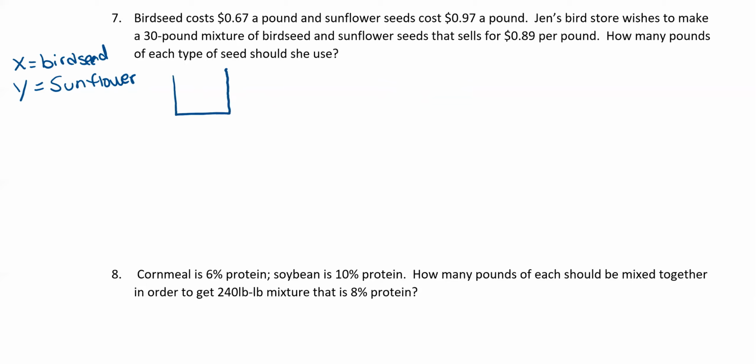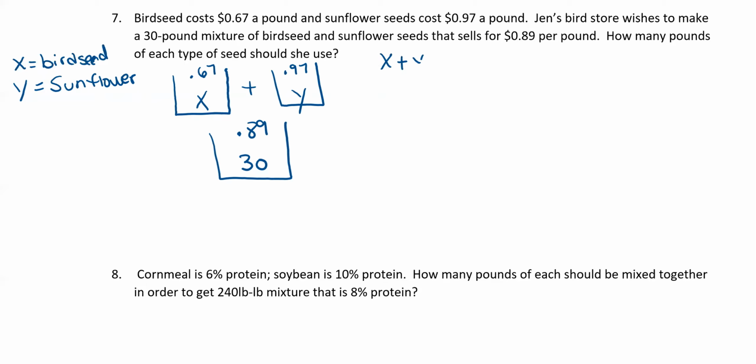So we have bird seed that costs 67 cents a pound. Sunflower seeds cost 97 cents a pound. She wants to make a 30-pound mixture that sells for 89 cents a pound. How much bird seed and how much sunflower do we need? So we have X plus Y equals 30,